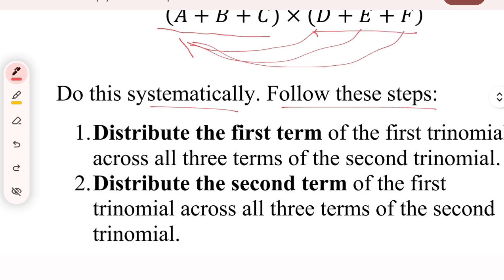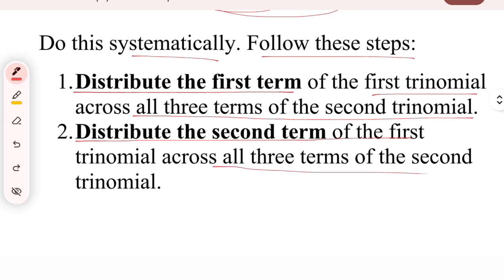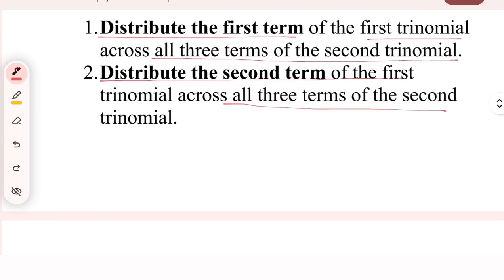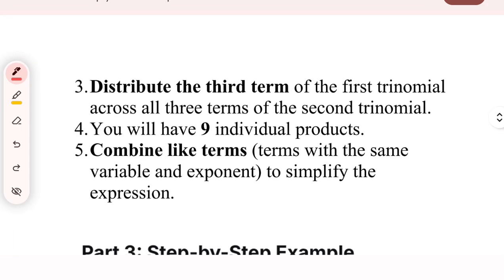So you need to follow certain steps. The first step is you need to distribute the first term first. So the first term in the first trinomial across the second trinomial. Next, distribute the second term of the first trinomial to the three terms of the second trinomial. And you do it until you finish everything. And last, you distribute the third term of the first trinomial across all three terms